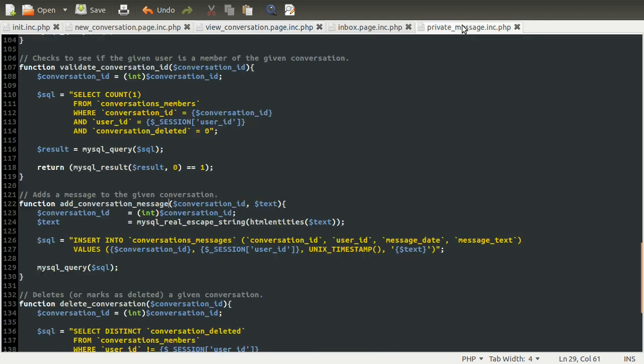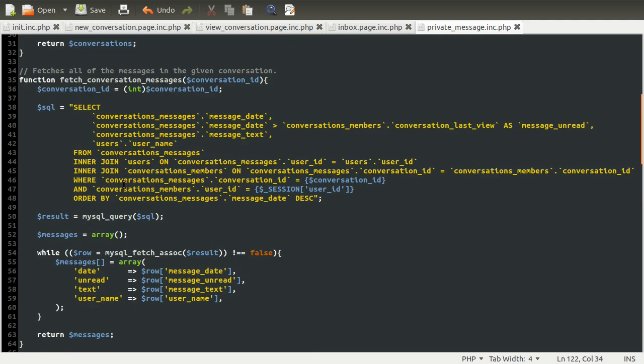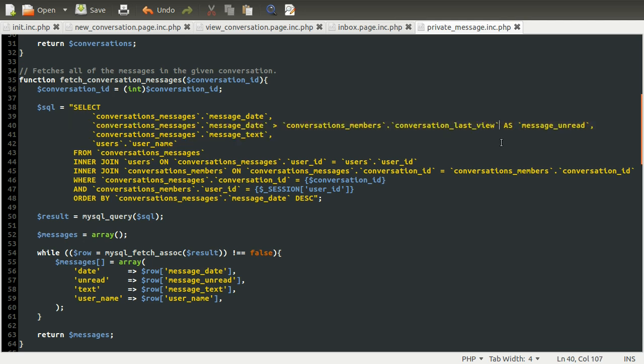So if we just go to the private messages backend file and look for our fetch messages function, which is here, what we could do as part of our unread condition is see if the user ID that posted this is not the current user. However, that is quite an awkward way to do it, and it makes the SQL quite long. And also, it's technically the wrong place to do it, because